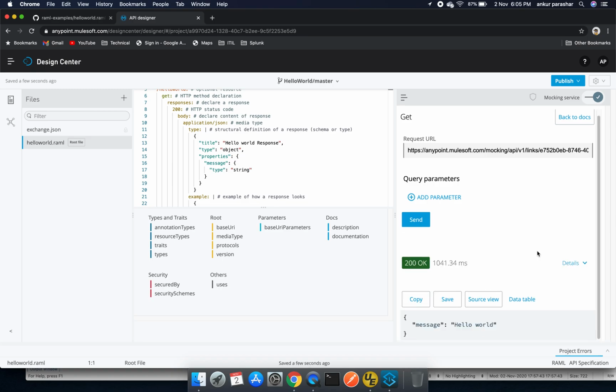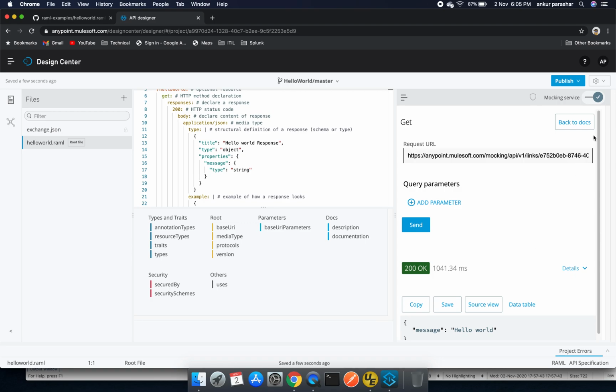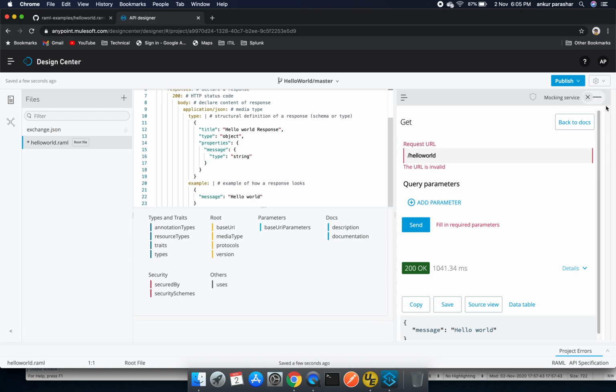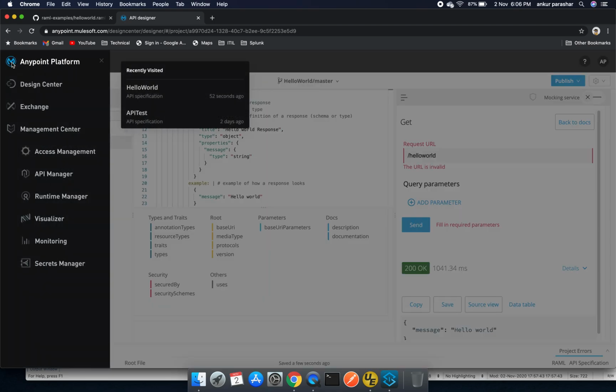Isn't this amazing? Yep. So with this particular functionality which was recently launched with 7.7, I'm really happy, and it gives us the liberty to not log into the platform every time, and I really appreciate this new feature which is being provided to the developer community by the MuleSoft team. One more thing before I wind up this particular video of 7.7.